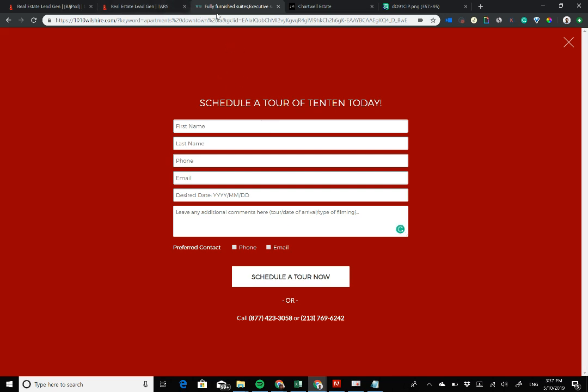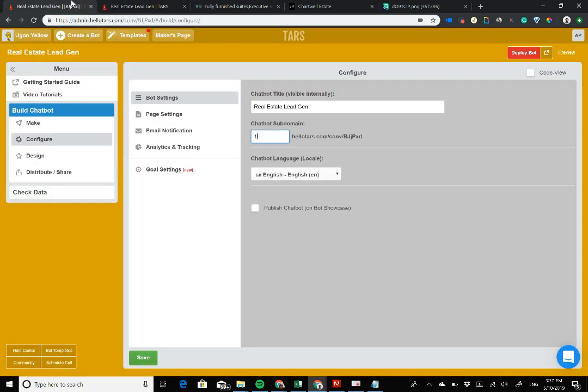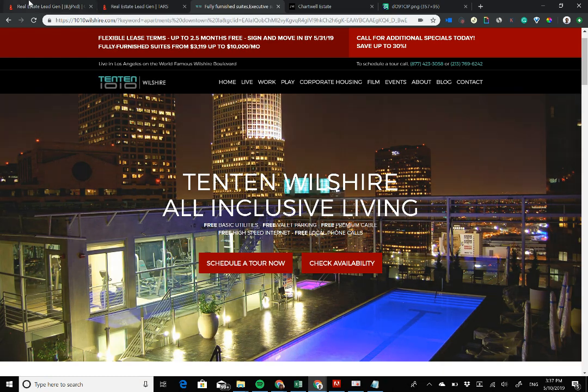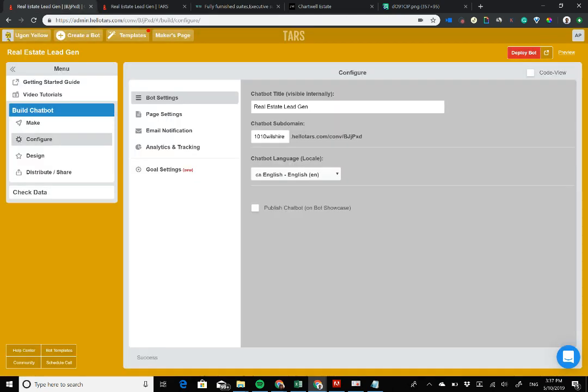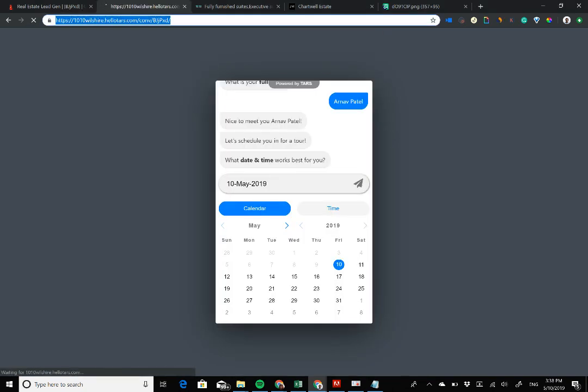But in case you do want to open up a completely new web page where it's a chatbot standalone like this one, you can change the URL over here to match your company. So over here, we can say 1010 Wilshire because that is the property in question. Hit save, deploy, and now we have a completely new